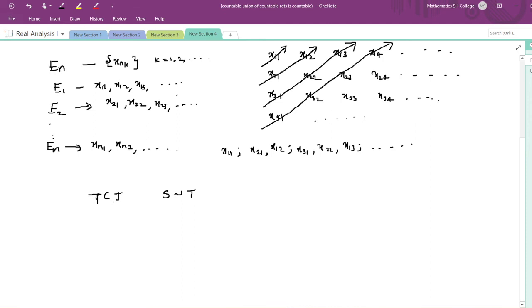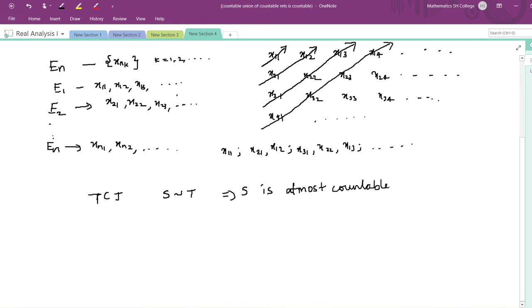So T is a subset of the set of all integers. It can be finite also. J is the set of all integers. So I can say that there is an equivalence from S to T. It can also be finite, so this implies that S is at most countable.